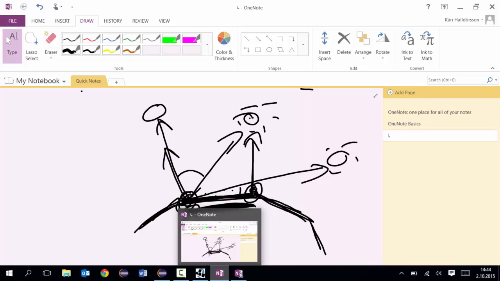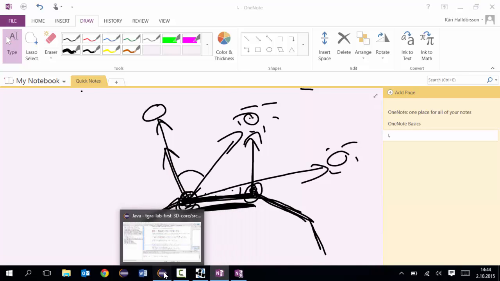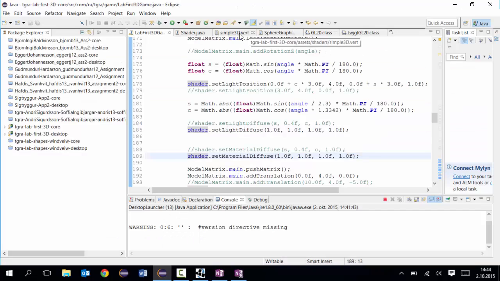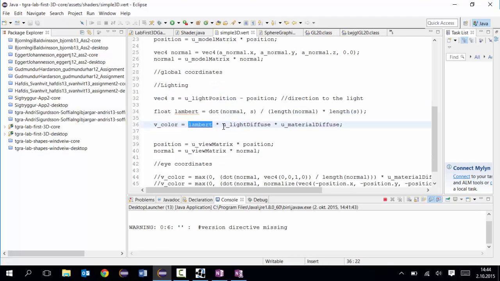Two light sources. If we have two light sources affecting the same object, we will simply do this calculation for each of them and then just add them up. Just the color from light source 1 plus the color from light source 2. So in the end, because each of those light sources will also have a different diffuse,